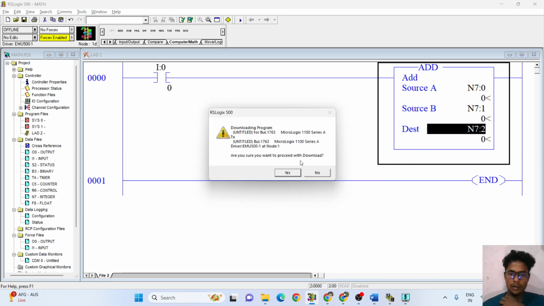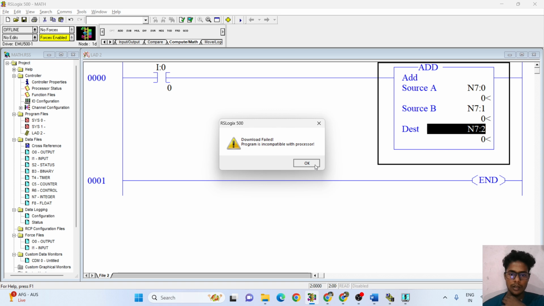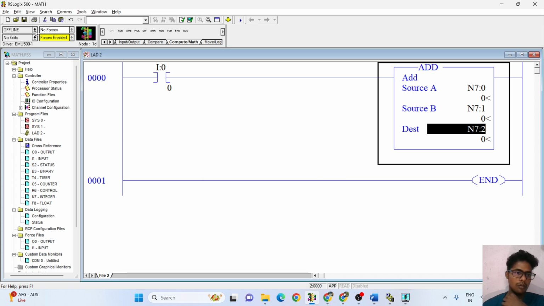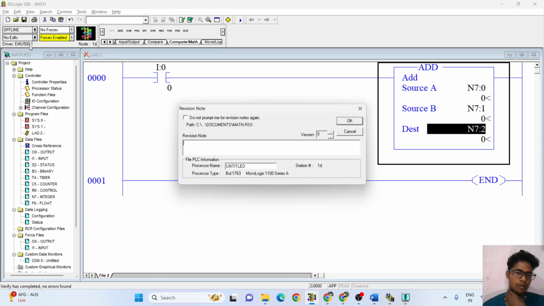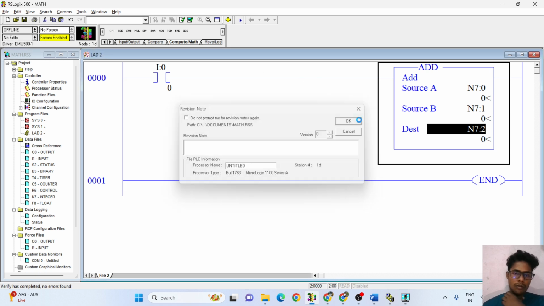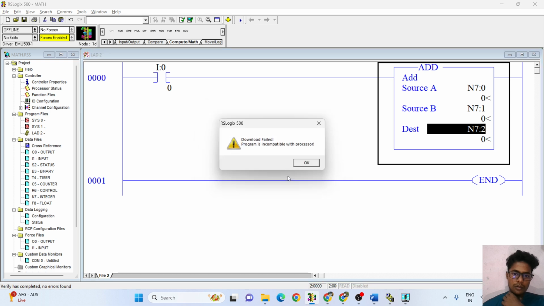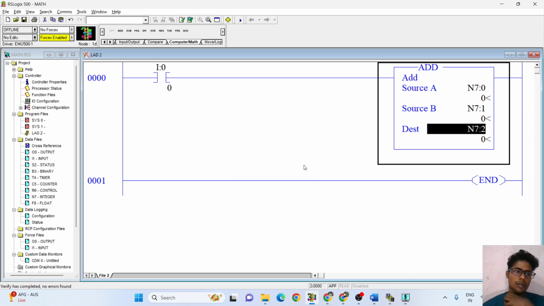Then yes, then okay. Now it will not be working. So here you have to download it. Okay, download with the processor. Okay.